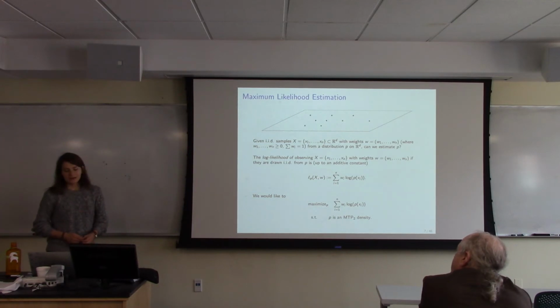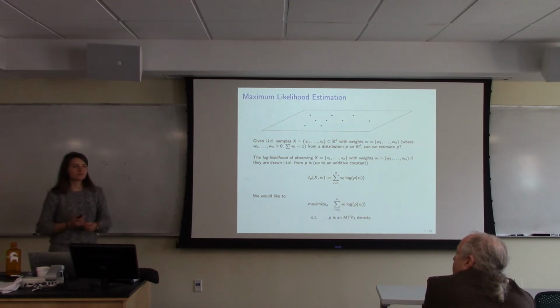Right? However, this problem, as defined this way, is actually, yeah. So what are the weights for? Yeah, so you can think of them as 1 over n, but maybe you observed several things around this point and you just put them together as one point or something. You make weights. The theory just works with weights anyways.